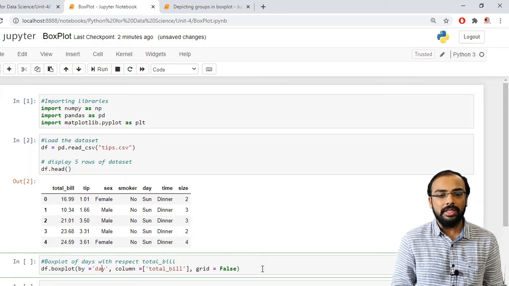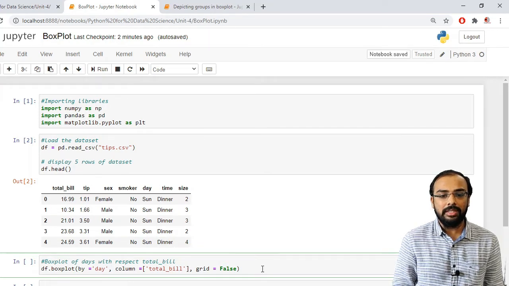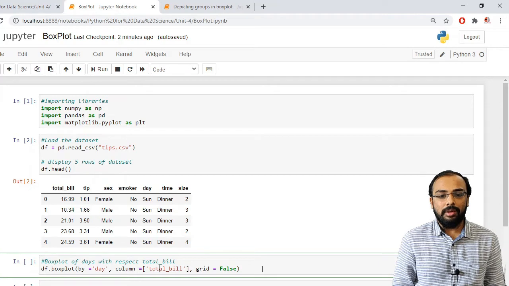So how can I consider that? For that I again have to use an attribute named column. So I am giving column equal to, and inside this list I am giving my column name. This column name must be the same as your column present in your CSV file, and I am specifying grid equal to false.